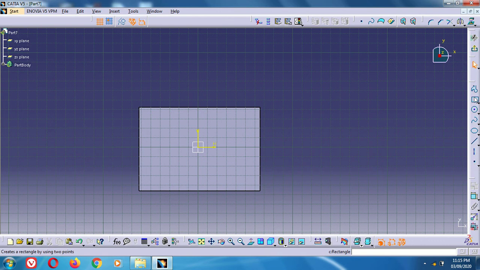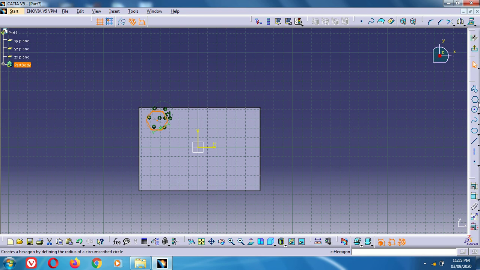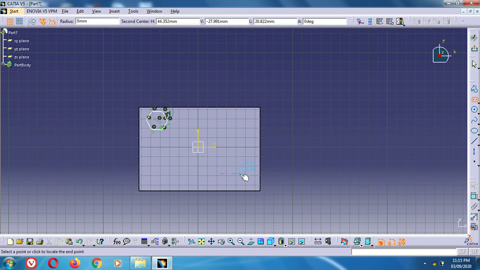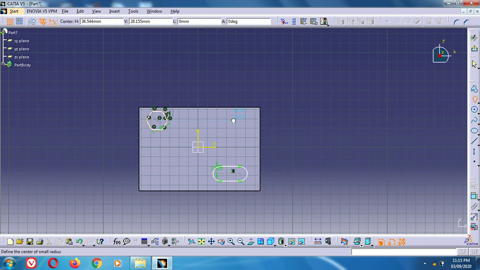So first of all I use a hexagon. Okay, second figure, it's a random shape. Third, I use a toilet shape.